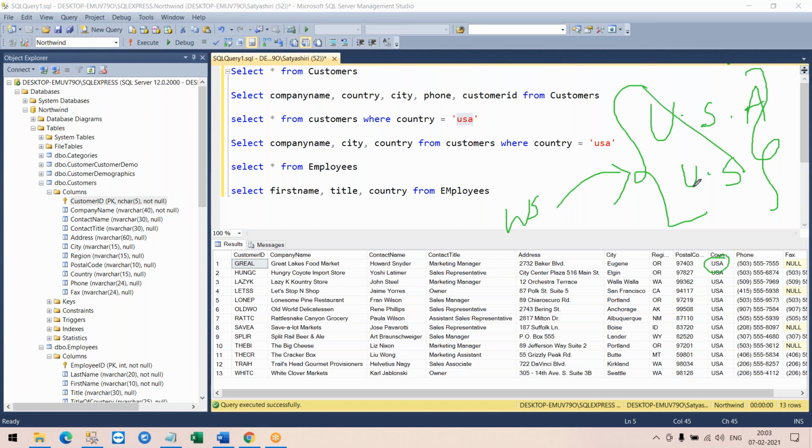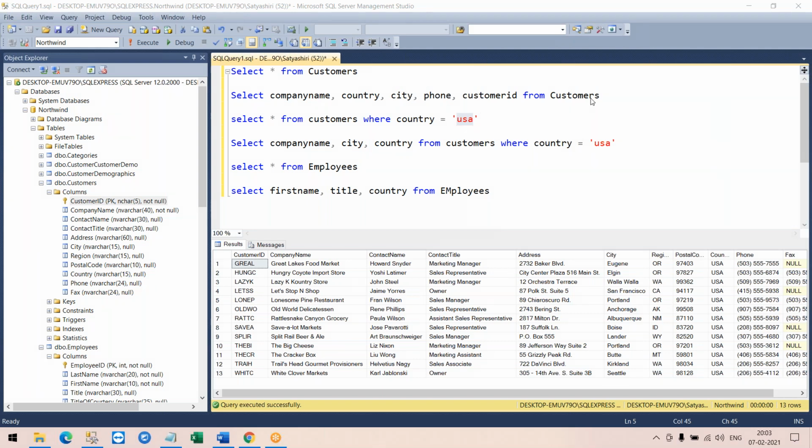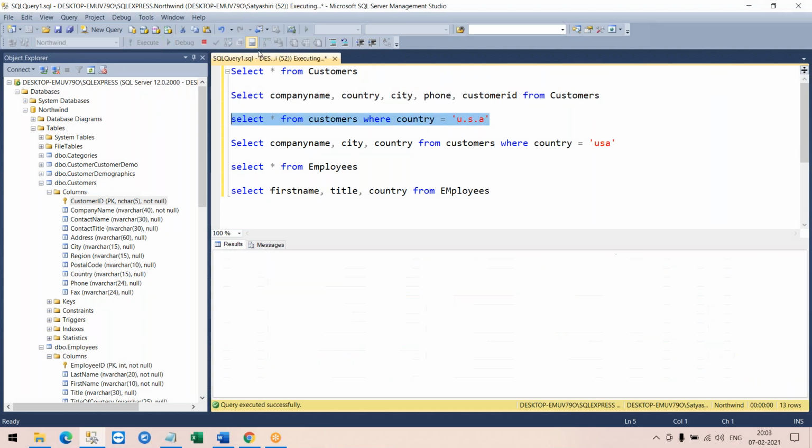So how do you know? Because as a tester, you know what you are expecting in the database. So that is when you will fetch that information. When I look for U.S., no data will come. When I look for U.S.A., do I see any data? No, because data is not saved in that format.